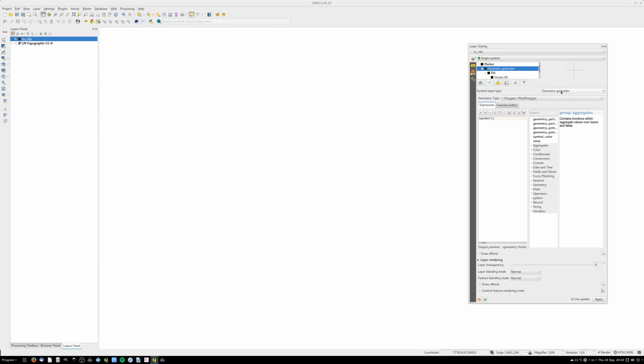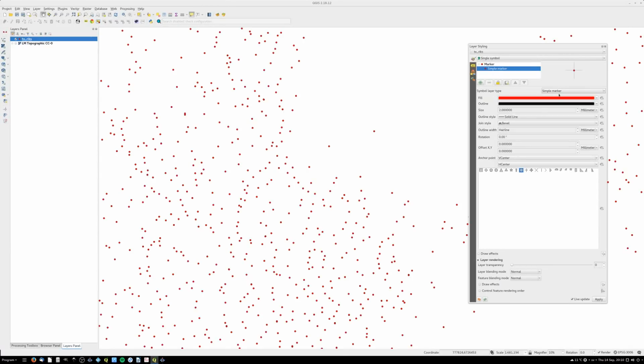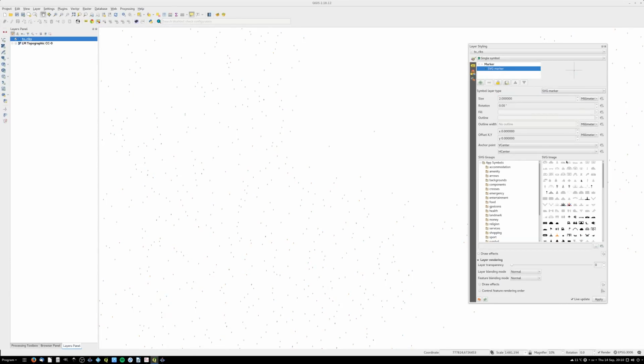It is an option, but stay away from it for now. You can go into it when you get bored with all the other styling options. Simple marker we already focused on. SVG marker is more or less like the font marker,